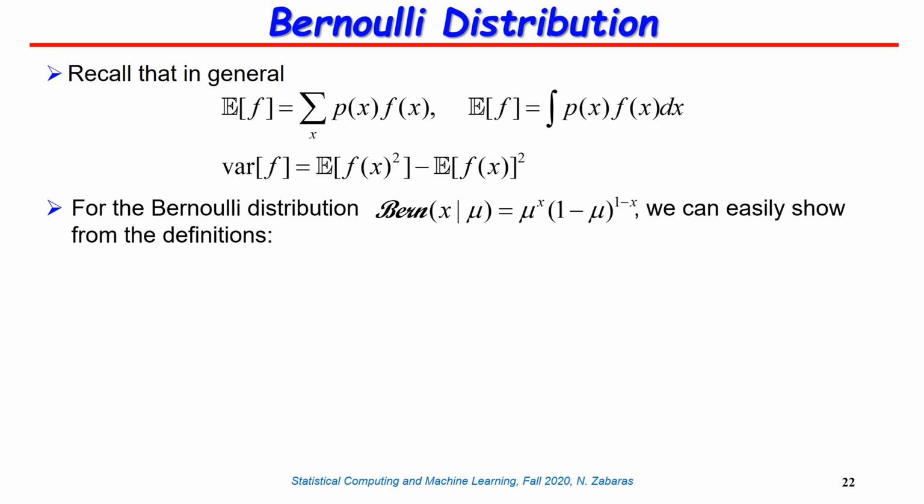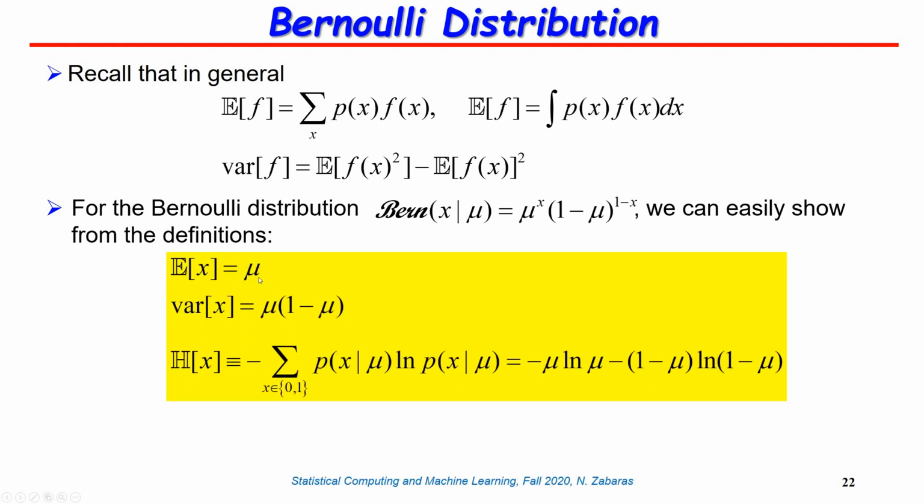Remember, it takes only the values x equal to 1 and 0: it will take the value 1 with probability mu, and then the value 0 with probability 1 minus mu. Then you do expect that the mean will come to be equal to mu,